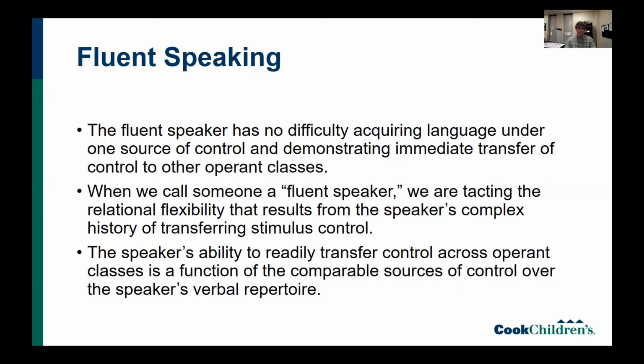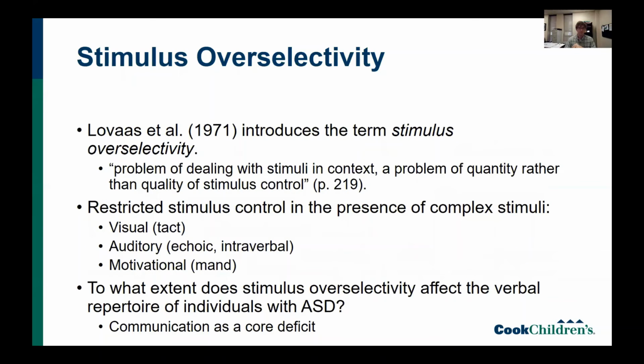Again, this is done primarily by noting that fluent speakers have comparable sources of strength over each of the verbal operants. In contrast, Lovaas and colleagues introduced us to the term stimulus over-selectivity, which they describe as a problem with dealing with stimuli in context, a problem of quantity rather than quality of stimulus control. And that is to say that when there are multiple sources of stimulation, particularly those that might come across different exteroceptors,